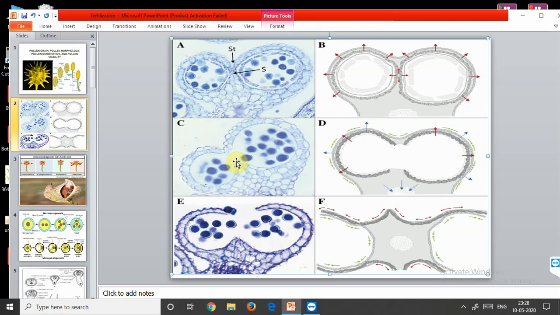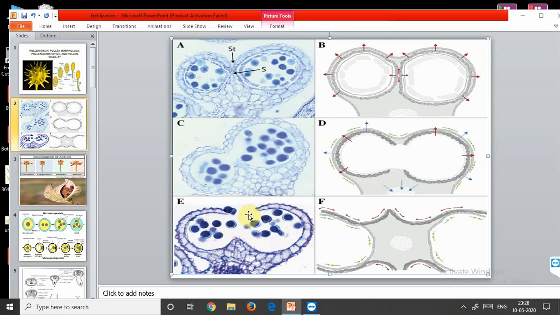The endothecium was elastic. I told you this elasticity is very much important in the opening, contraction, as well as relaxation. And this contraction and relaxation helps in releasing the pollen grains through the walls of the epidermis. This is the epidermis, the outermost layer. It gets ruptured and the pollen grains are released out.